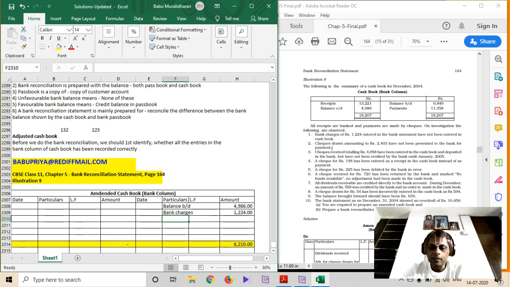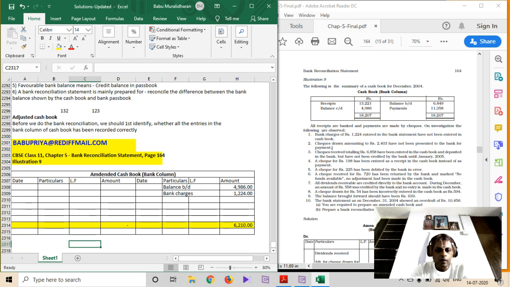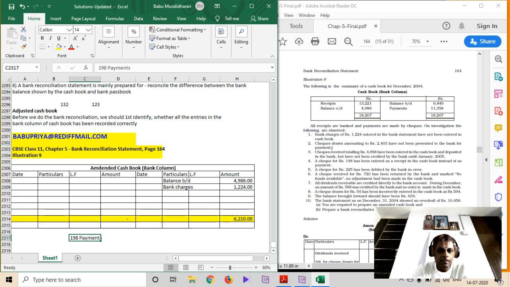A check for rupees 198 has been entered as a receipt in the cash book instead of as a payment. So this will have a double impact. The check is for 198 payments, which is like, let's say, minus 198, but it has been entered as a 198 receipt. So the impact is, first we have to nullify this 198 receipt entry and also create a payment entry for 198. So the net impact is we have to credit the cash book bank column with 396 rupees because it is there on the debit side as a receipt, which has to be made zero by processing a credit entry, and also create a new entry for the payment. So the impact will be